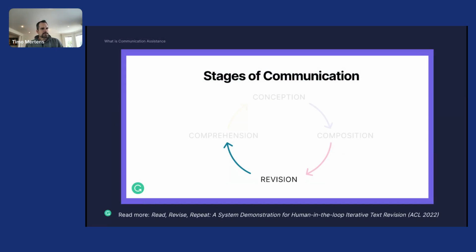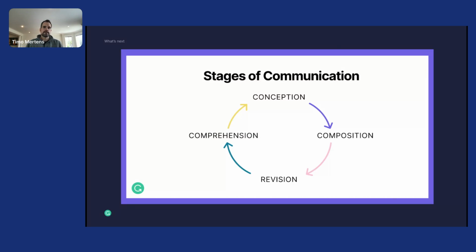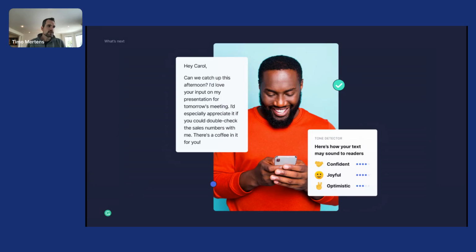Okay, cool. So we spent some time now in the revision stage here. Let me talk briefly also about these other stages in this journey. So let's jump in first into the comprehension phase here on the left. And we have built already a couple of really powerful capabilities in this space. The first one is our tone detector. This one really tries to help you understand how you might come across and how specifically your tone might come